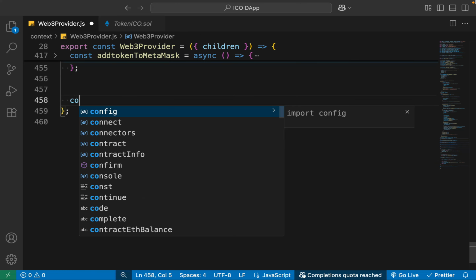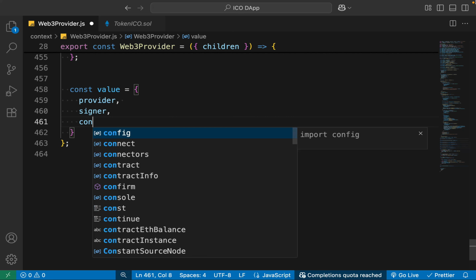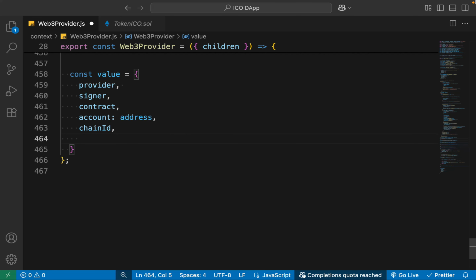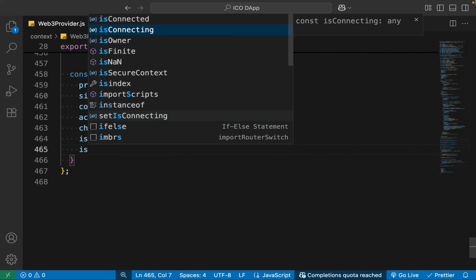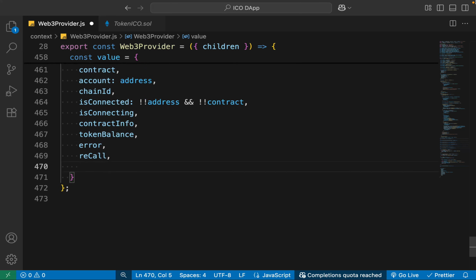So let's come back here. Let's take a value and here we have to simply take the object in which we have to define all the functions and variables we have declared. So first one is going to be the provider, then we have the signer, then we have the contract, then we have the account, it will have an address, then we have the chain is connected, which we can check from the account and we can check it from the contract. If this true state doesn't exist, it means there is no connection. Then we can check for is connecting, then we'll check for the contract info, contract token balance, error,